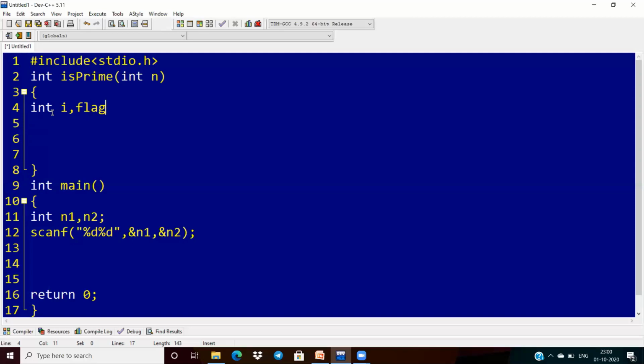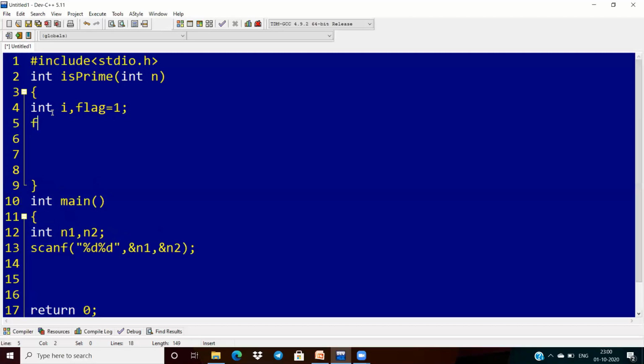So now I'm taking here flag equal to 1. So I'm declaring an integer i and the flag equal to 1. After that, take the index here i equal to 2.